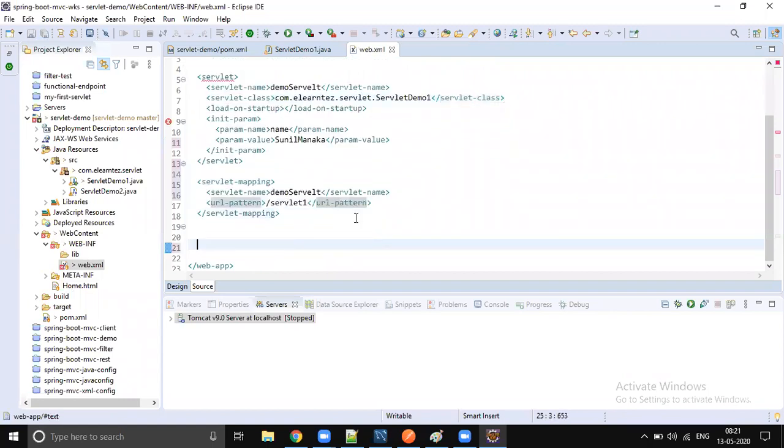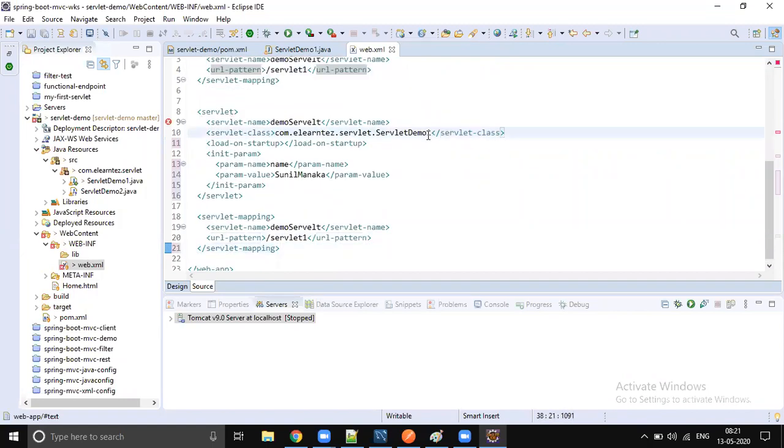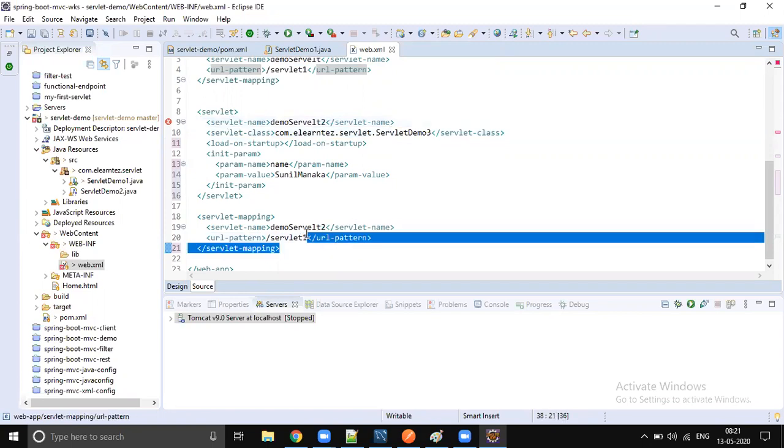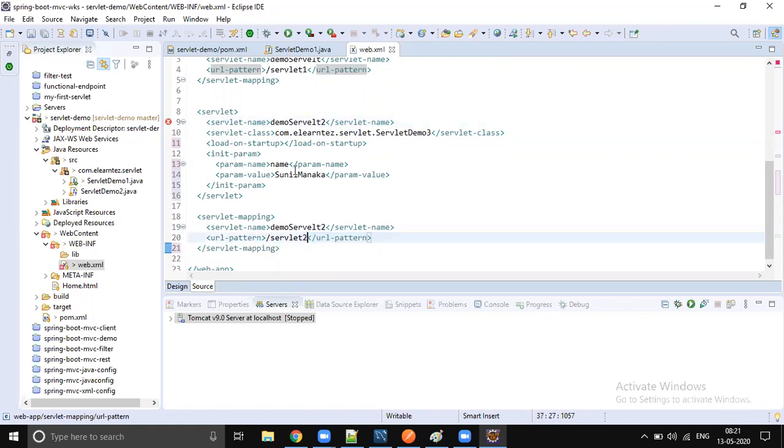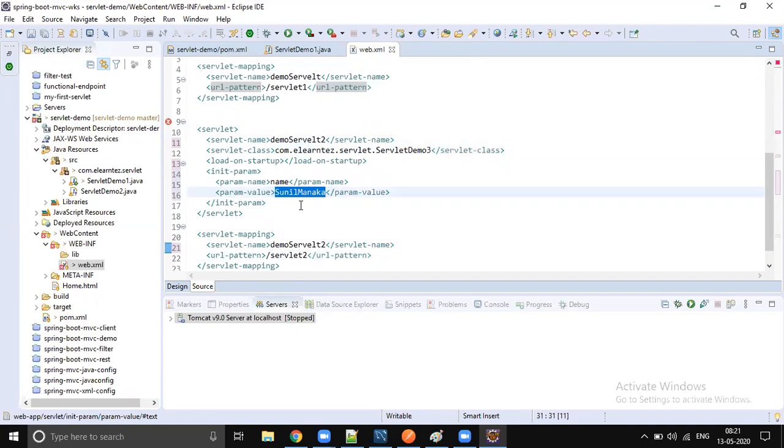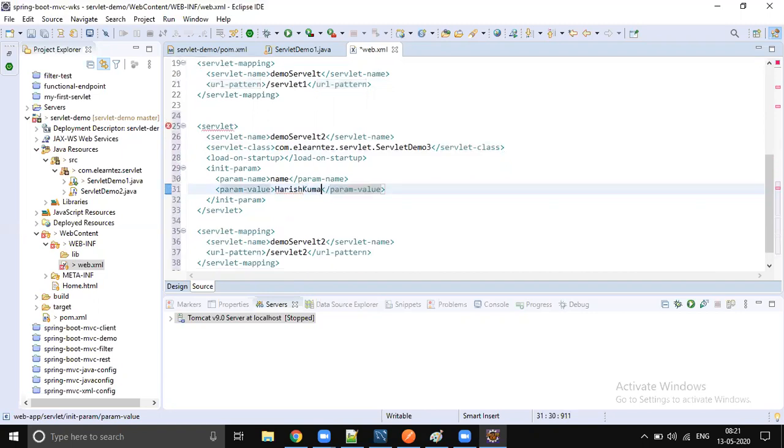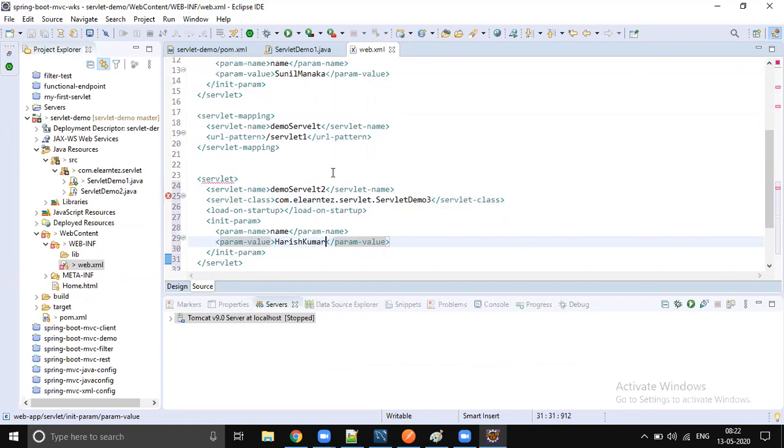Let me copy paste. This is servlet demo 2, right? The name should be different. Demo servlet 2, demo servlet 2, and the URL mapping also servlet 2. And here I will give a different name. Or else if it is some state, something like that, right?